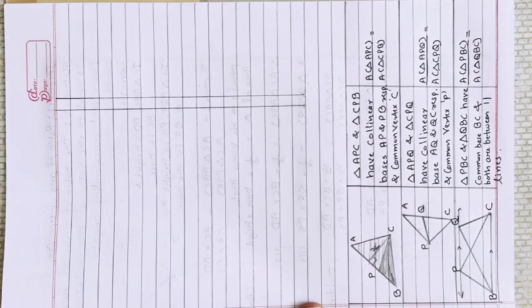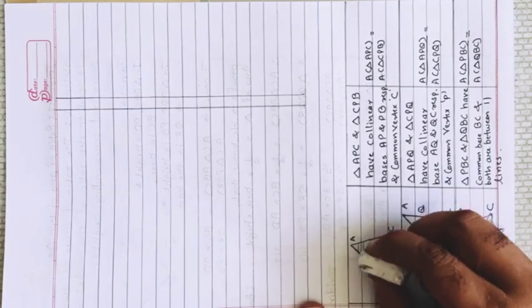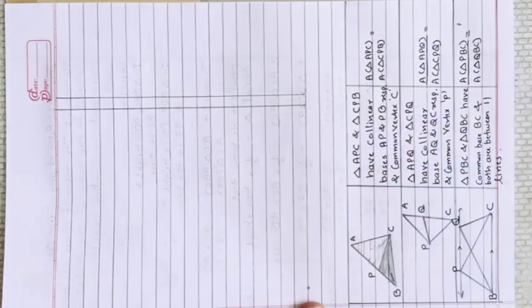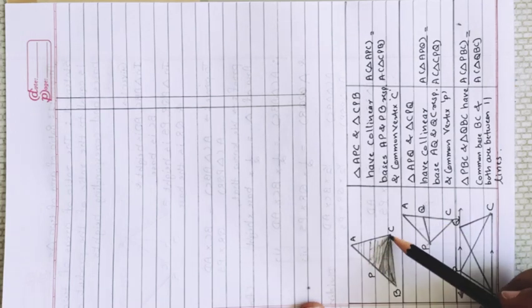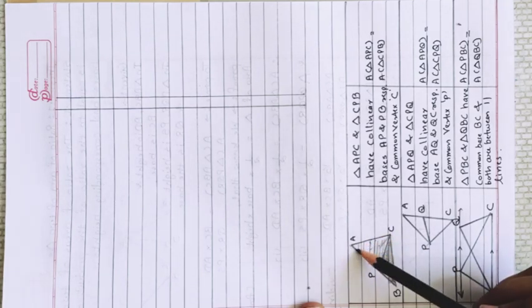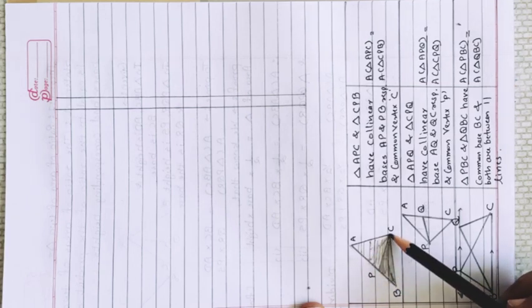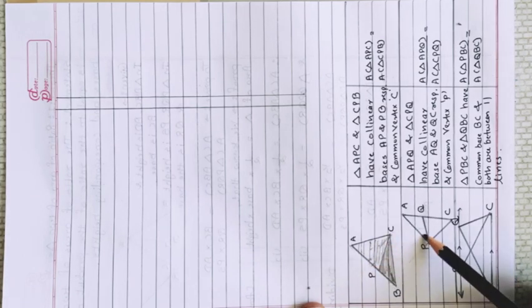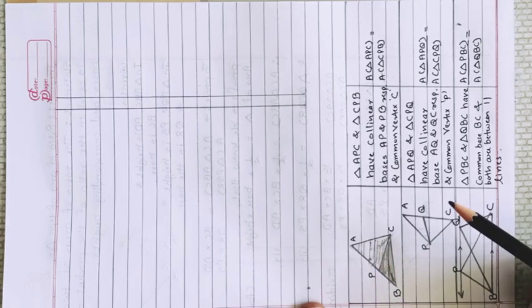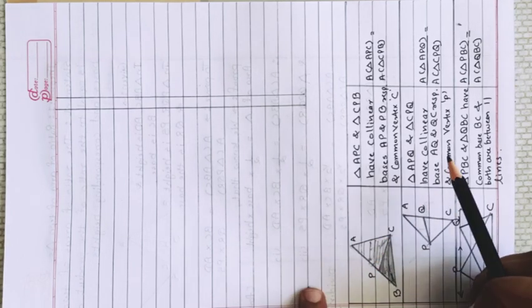Now, if you don't draw the height, still the height will remain the same. So you can say that triangles, when the bases are collinear and they have a common vertex, have the same height, equal height, right? Same goes for the second. Whether you draw the height or not, that means they have a common height.